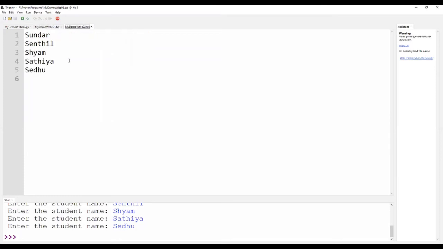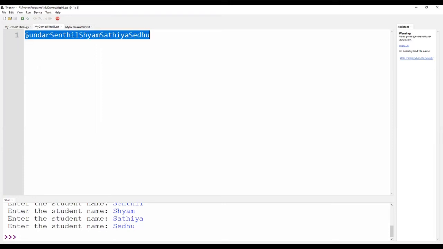So ensure that whenever you are writing data onto a file, include a new line after each and every write, or else the data will be stored like this as shown.